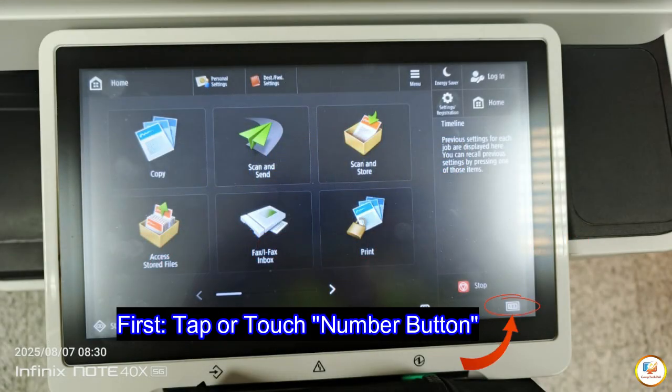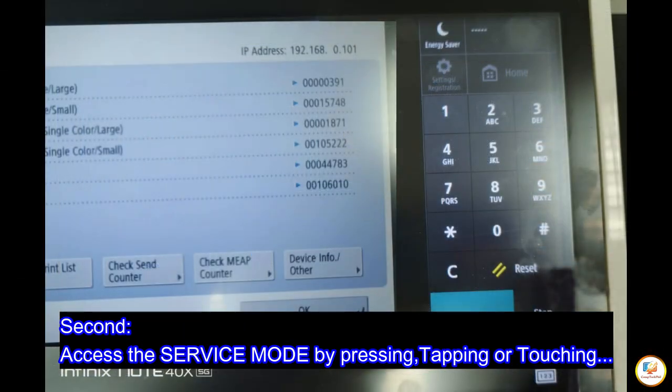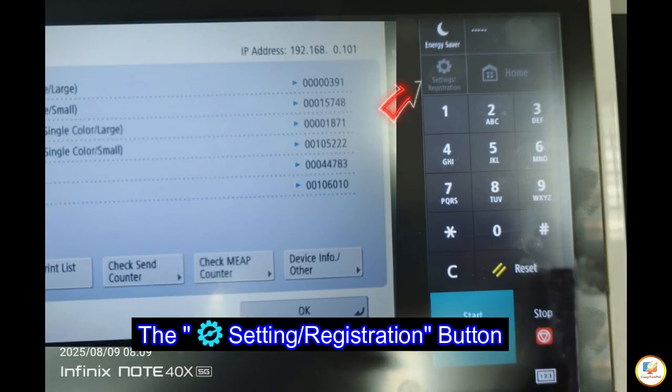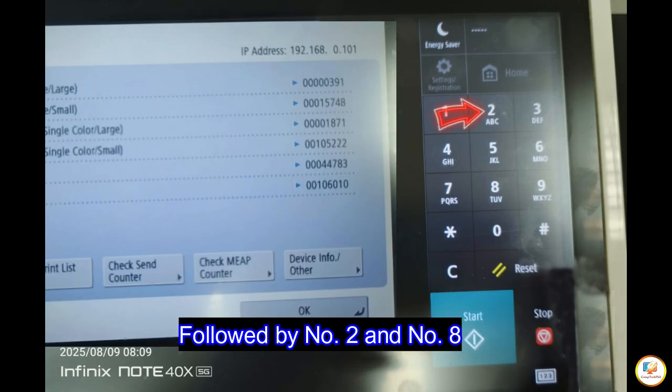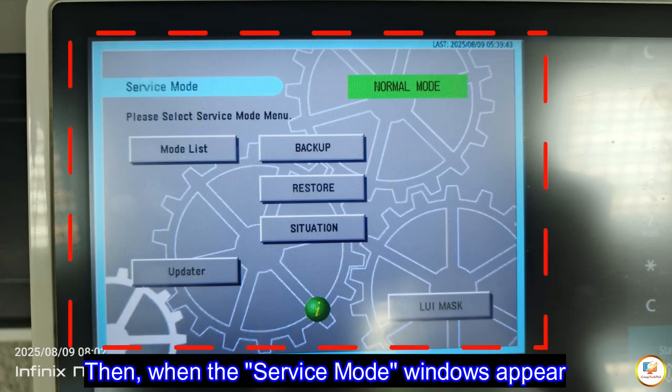First, tap or touch the number button. Second, access the service mode by tapping the settings or registration button, followed by number 2 and number 8. Then tap the settings registration button again.